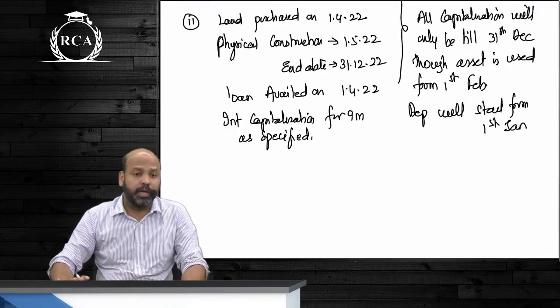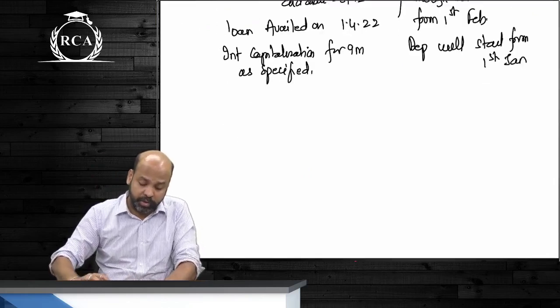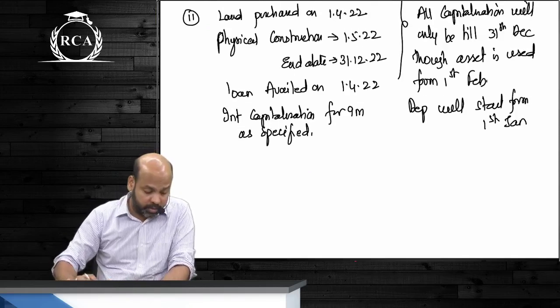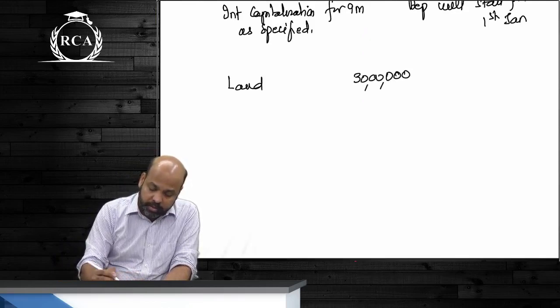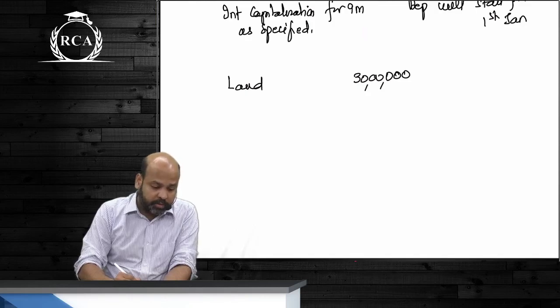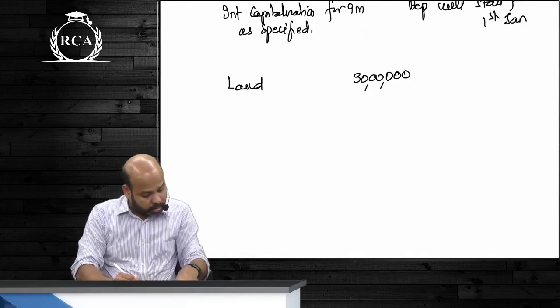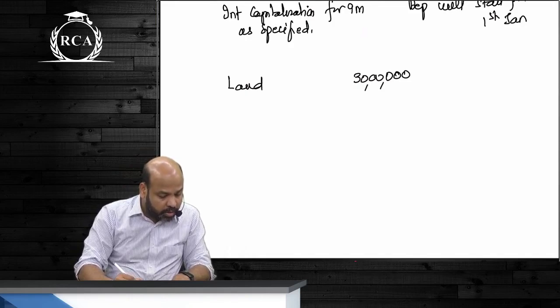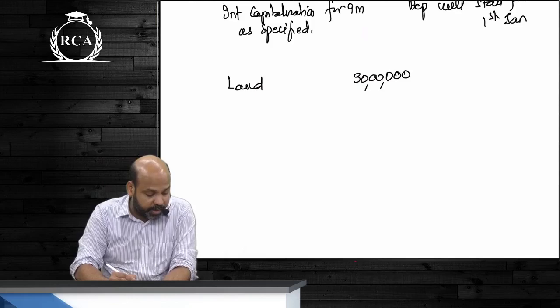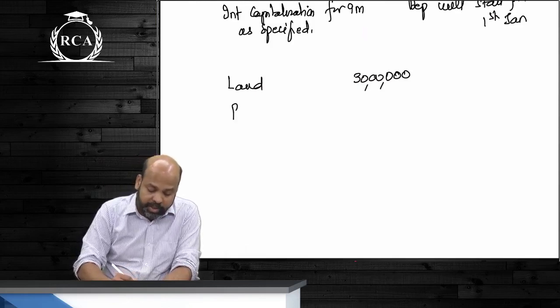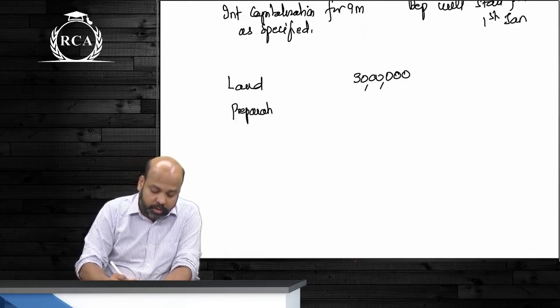Sorry, beta. Now tell me guys, you have the materials in front of you. Can you go in the order and tell me all the expenses? First, land, beta. How much did we purchase it for? 30 lakhs. Yes beta, legal cost is included, no? Yeah, guys, this cost is inclusive of legal cost. Please do not add it separately, guys. Then beta, preparation and leveling of land. How much is it? 80,000.